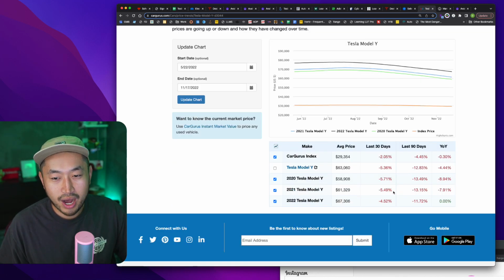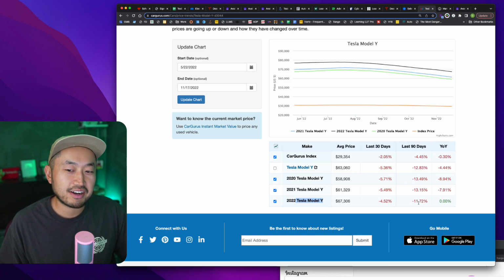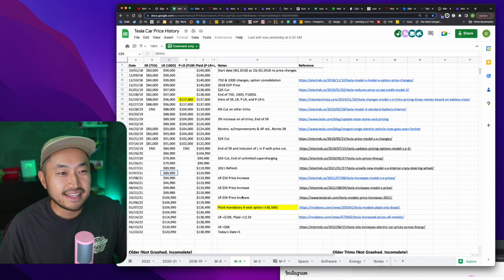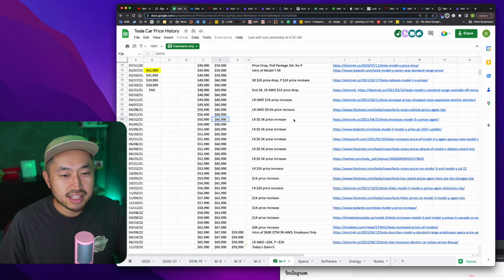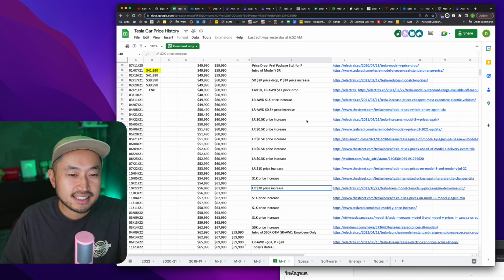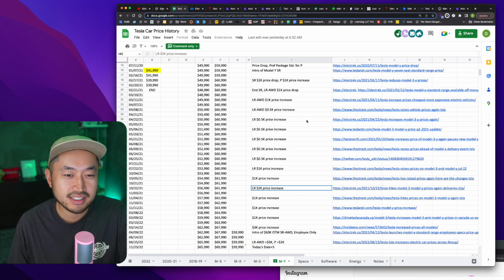So we'll just jump into the Model Y and take a look at it here. You can see Model Y is definitely getting hampered right in line with the rest of the vehicles, but 2022 Model Y is only down 11.72% compared to the 2021 and the 2020s. But if we go to the pricing history tracker, which someone has put together that lists all the base prices across all the different years, you can see, I was taking a look at this yesterday because a viewer actually asked, do you think Tesla's just going to knock out like $5,000 all at once, or